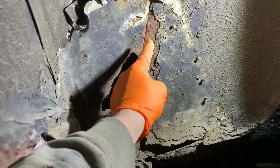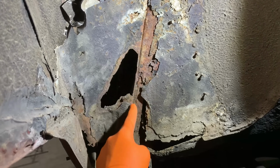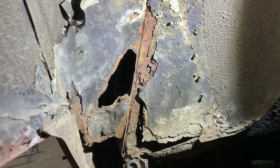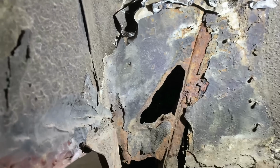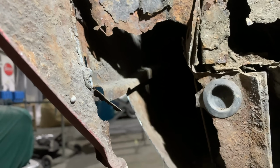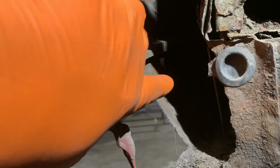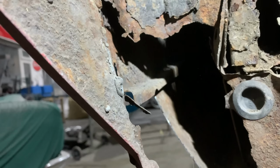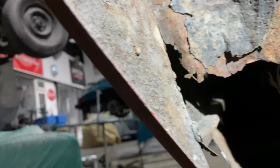And then we've got to make up a new inner, which comes down into here and meets up with our new floor pan, which we've got going in the back there. What we've also got, which probably won't come out too clear, we'll zoom in and have a quick look. Inside here there's a section, which is quite a broad section that comes from the front of the quarter panel and runs all the way back,